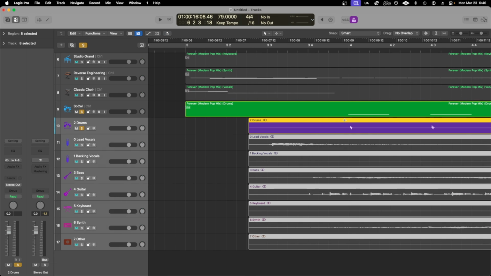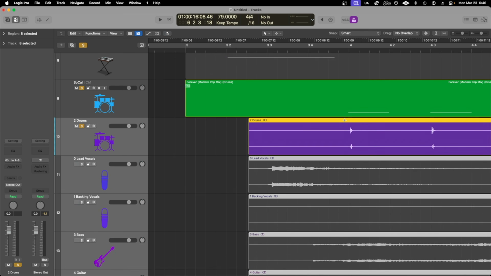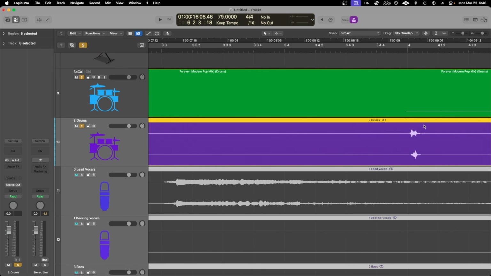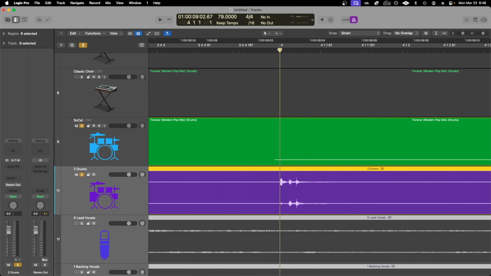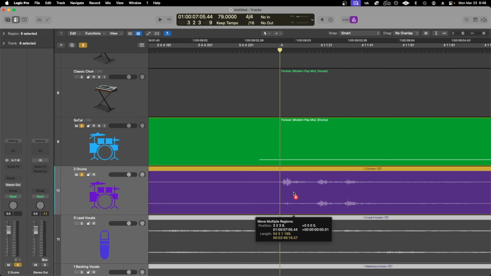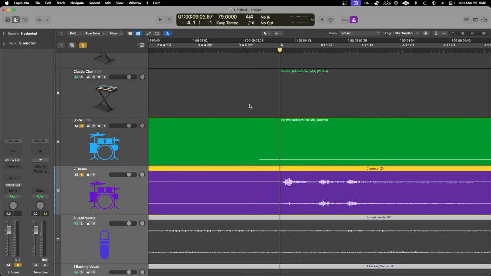Because I'm sort of zeroing in on this little transient right here, which is the first hit of the drums, which should be in line with that bar line right there. And I'm kind of doing it by eye. You can see here the MIDI is actually ahead of the bar, which I don't know what's up with that. But from what I heard, it was just a cymbal anyway,